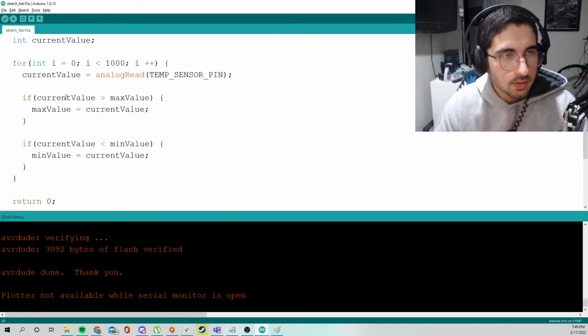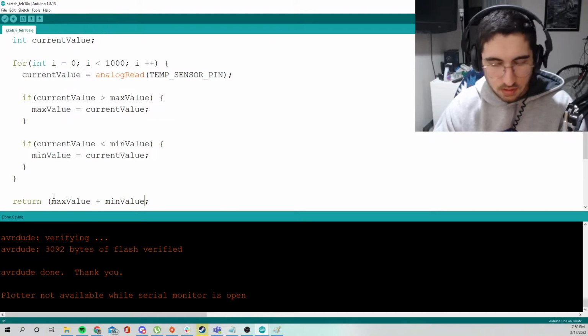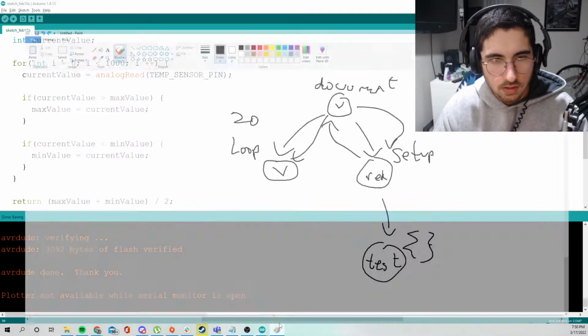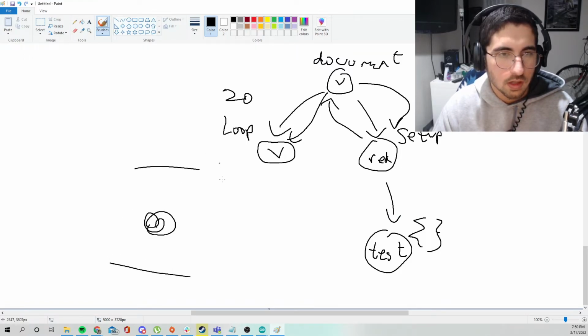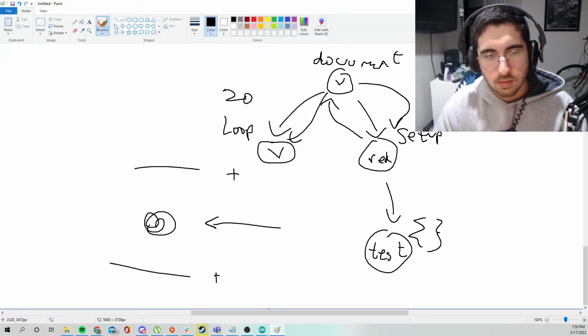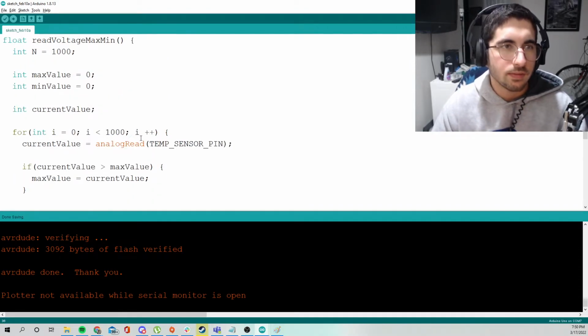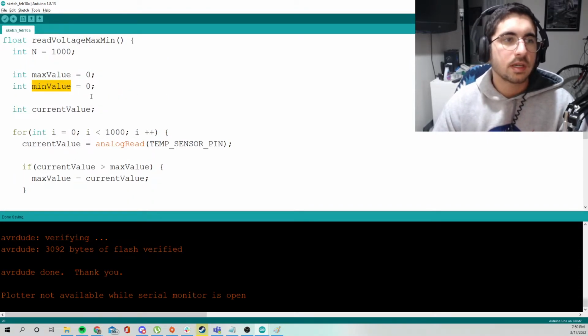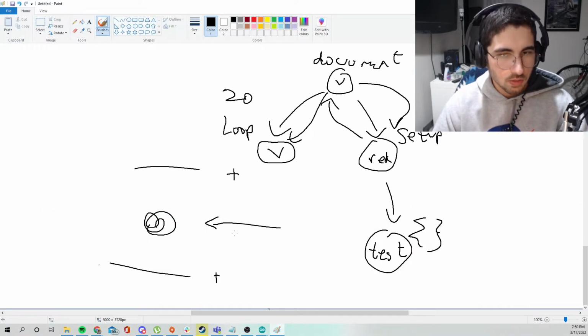So once we have the max and the min, all we have to do is use parentheses: max value plus min value divided by 2, right? So if I have 2 boundaries and I want to find somewhere in the middle, I have to do this plus this divided by 2, and that is going to give me the middle. Okay, now this is not going to work at first, and the reason why is because min value is set to 0. So what happens is, let's assume